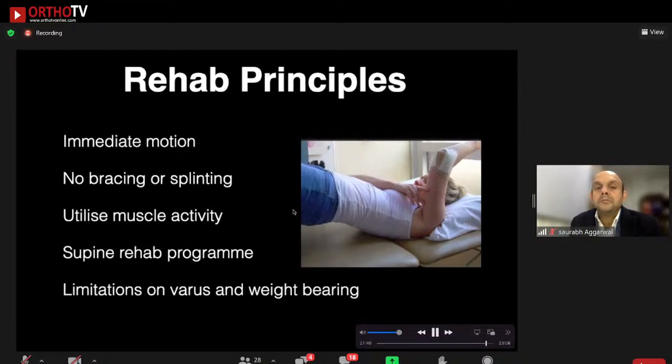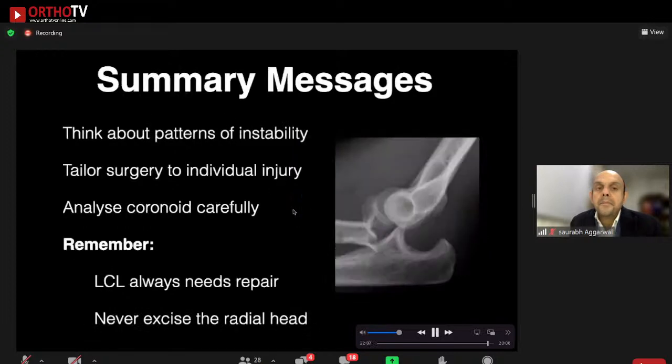But it's critical that the patient gets moving immediately to utilize the contraction of those dynamic stabilizers to compress and rehab the elbow. I don't use any bracing or splinting, as I find this is unnecessary if we get primary stability with our surgery. So just to summarize, we've discussed how to understand and interpret imaging to assess what pattern